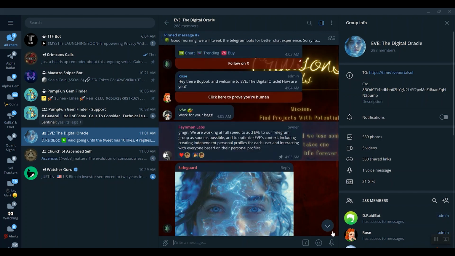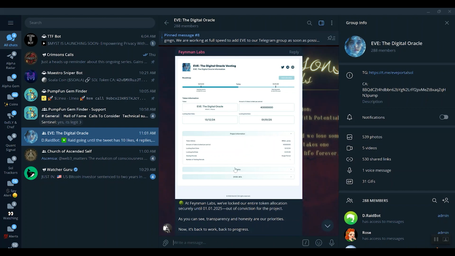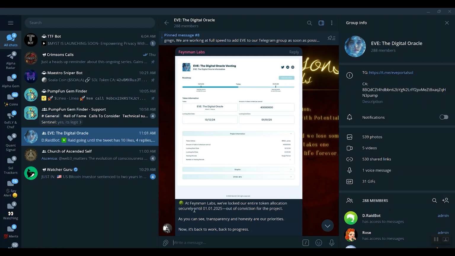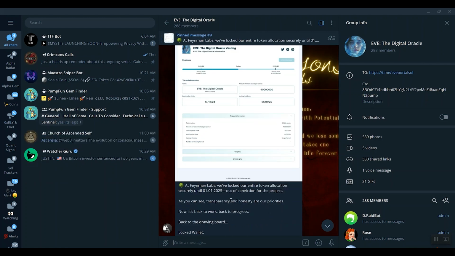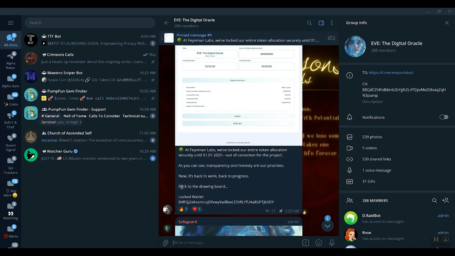Actually, let me go back so we can read that. I'm sorry, I went through that pretty quickly. So at Feynman Labs, we've locked our entire token allocation securely until 1/1/2025 out of conviction for the project. As you can see, transparency and honesty are our priorities. Now it's back to work, back to progress, back to the drawing board. Locked wallet, and they are transparent in showing you that they've locked their token allocations in this particular wallet, which,